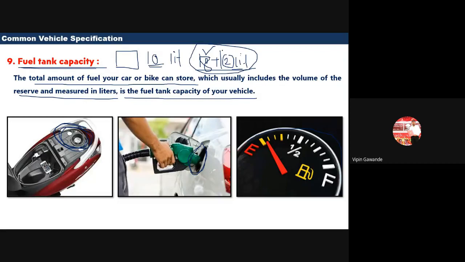Okay, so that 2 liters we call the reserve capacity. That means 2 liters of petrol are remaining, so you have to fill petrol in your car or bike now. Before that, we are using our regular petrol capacity, that is 8 liters. Okay, so fuel tank capacity means what? It is measured in terms of volume, the volume of the tank, and we fill that particular tank up to that capacity. The fuel tank capacity is also mentioned on the specification chart.